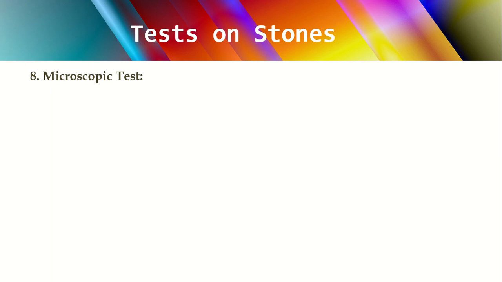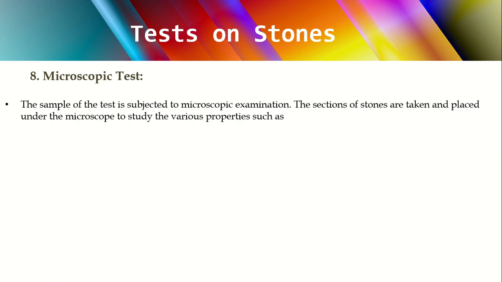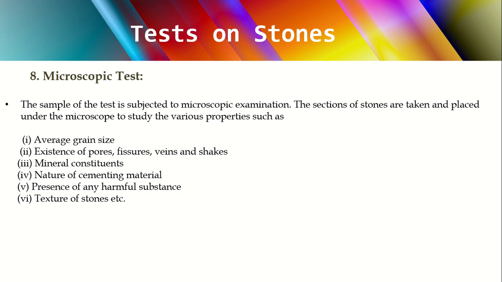Next is the microscopic test. One has to do this test with the help of a microscope only. So whatever sample of stone you are using, just take it, keep it under a microscope, and try to observe various properties like what is the grain size, what is the average grain size, what is the way of fissures, what is the way of cracks in that stone, is there any different vein-like structure inside, what is the number of pores, in the sense, is it very porous or medium porous, like that. What minerals it is constituting of. Every stone will constitute some minerals, so what is the number of minerals, or what are the different types of minerals available.